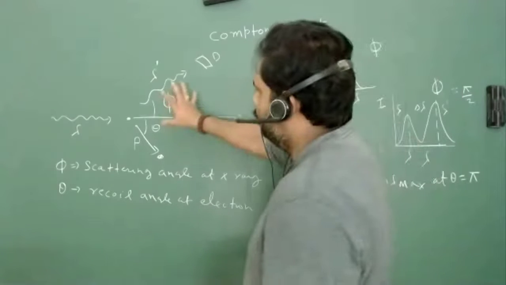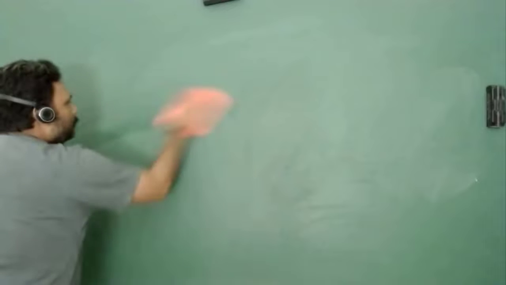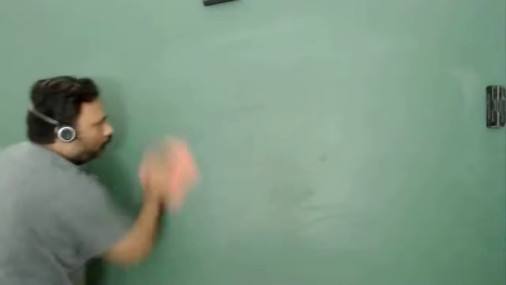I have to make this picture again so that I can use all this space for the calculation. And look, this calculation is very interesting. You will feel that this is not a calculation of waves, but simply a calculation of two particle collision, as you do in your plus two level or in mechanics. So let's see what we are going to do. This will be the incoming wave, and this will be the free electron.